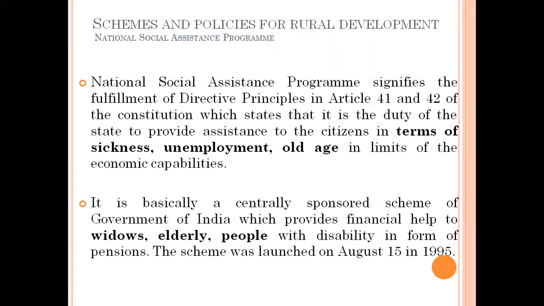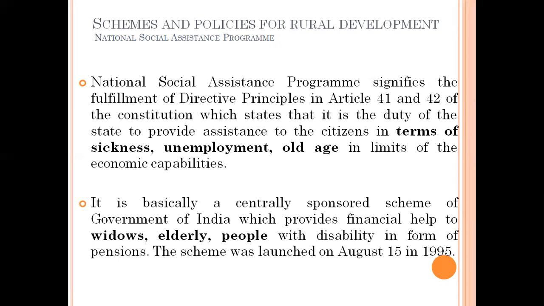So the first scheme which comes under this is Indira Gandhi National Old Age Pension Scheme. It is a non-contributory old age pension scheme that covers Indians who are 60 years and above and who live below the poverty line. So they get a monthly pension of 300 rupees, 200 by the central government and